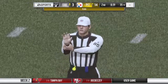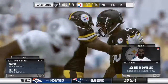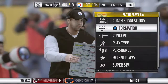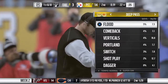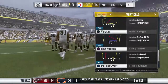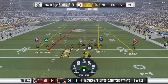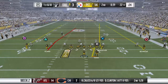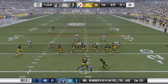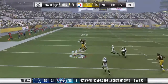Illegal block in the back. Return team. And the Steelers set to take the field. And we'll see how this is played. Offensively, they've got the lead. Not a whole lot of time left. What do you think, Charles? Well, it's tempting to try and add to your lead, but a mistake there, that can change things in a big way. I say go ahead, take...